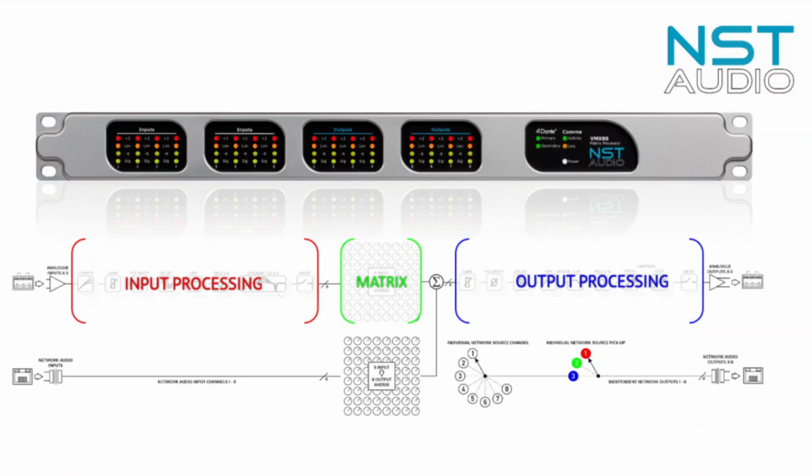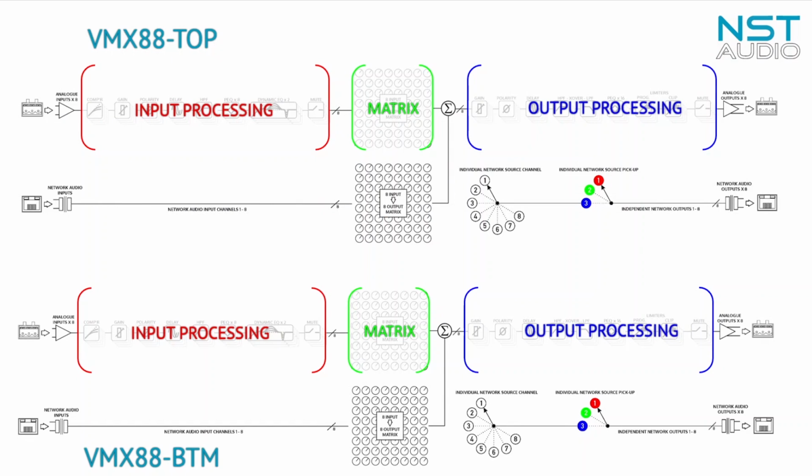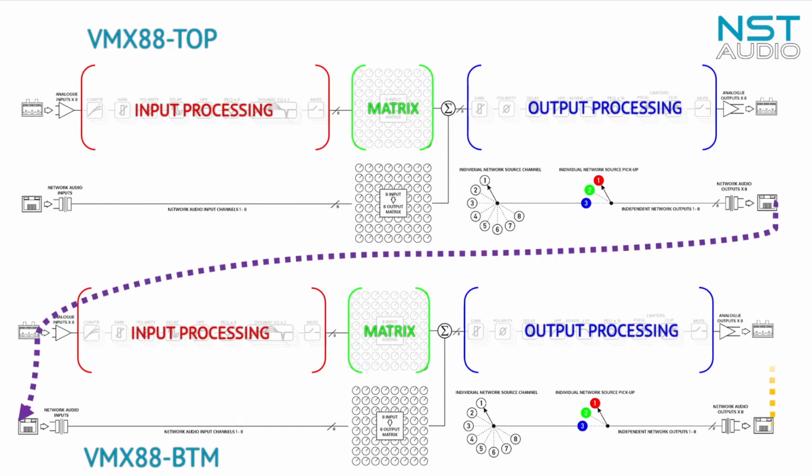There are 3 points along the signal path that can be chosen as the output for each channel. These correspond to the outputs of each section of channel processing within the unit. Namely, the end of the input processing, the end of the matrix processing, and the end of the output processing. If we consider 2 VMX88s together, we can send all the inputs of each unit back out onto the network, and set up the other unit to pick up these inputs, so enabling each unit to use the input sources of the other and create a 16x16 matrix. Let's see how we go about achieving this.